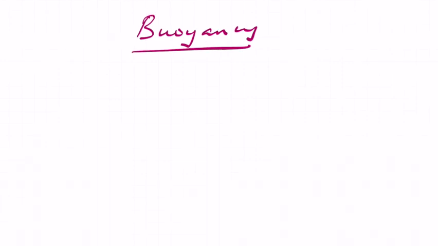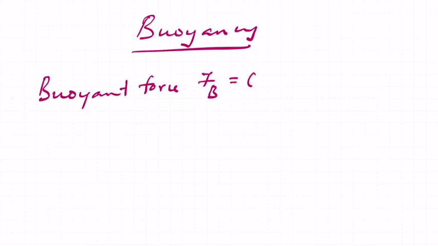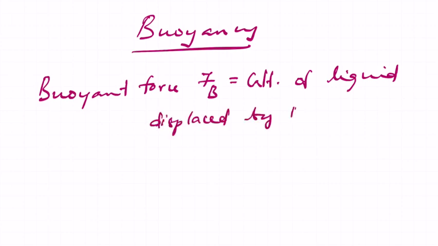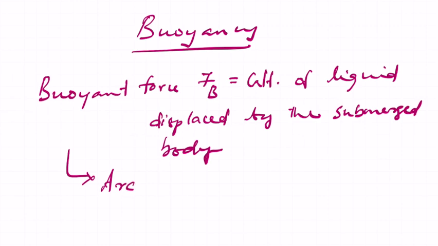So what is buoyancy? Buoyancy has been defined by Archimedes as a force acting vertically upon a submerged body. The force of buoyancy or buoyant force will be equal to the volume of liquid displaced by the submerged body. You should notice that the buoyant force always acts vertically upwards, and that force will be acting through a center